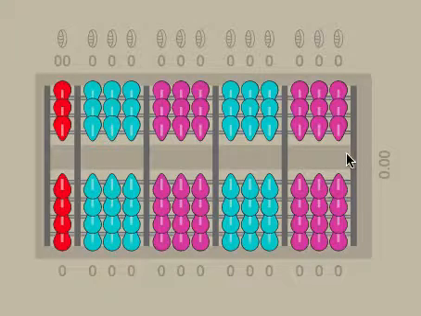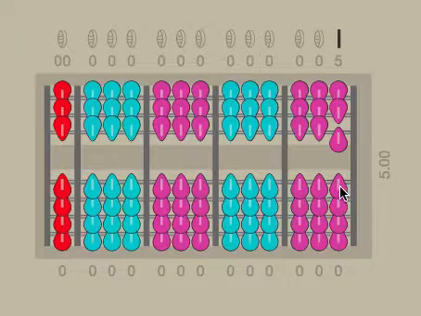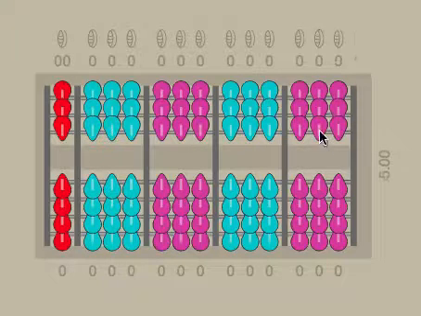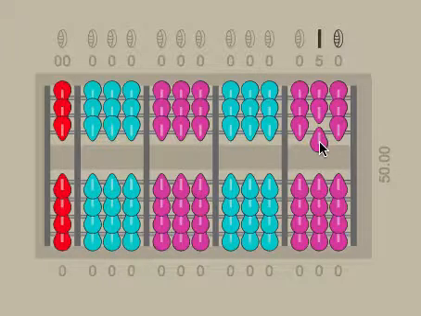Now when we look above the separation bar, it's a little bit different. The value of the counters above the separation bar is place value times 5. What that means is this counter in this first column, which remember was my ones column, I need to multiply by 5 to give me a value of 5. 1 times 5 is 5. That means that each one of these counters in this column above the separation bar has a value of 5. This column is for my 50s, because remember below the separation bar these are my tens, so 10 times 5